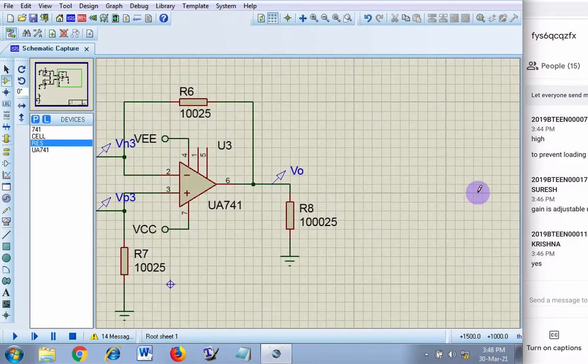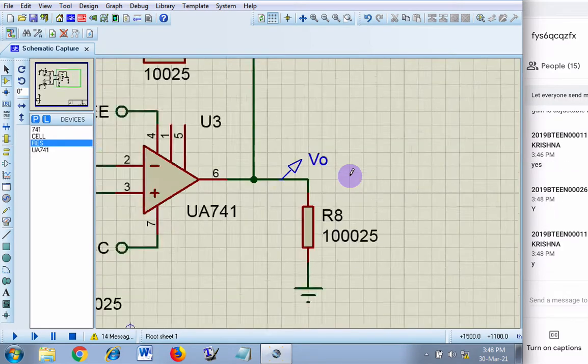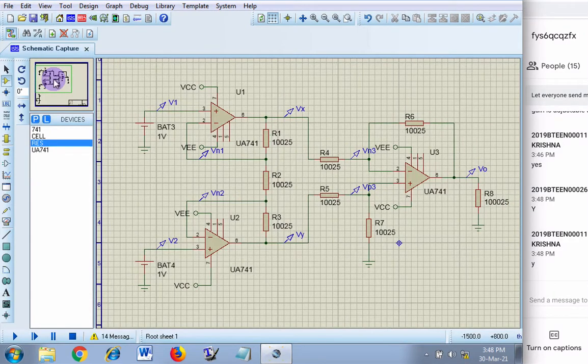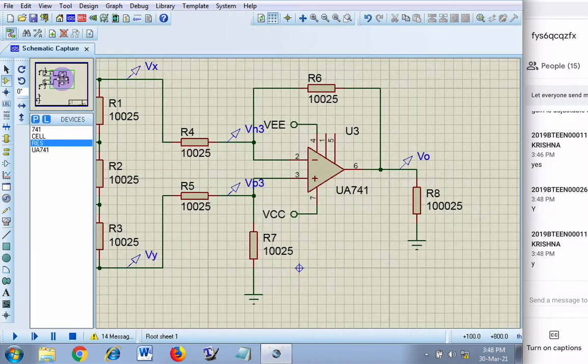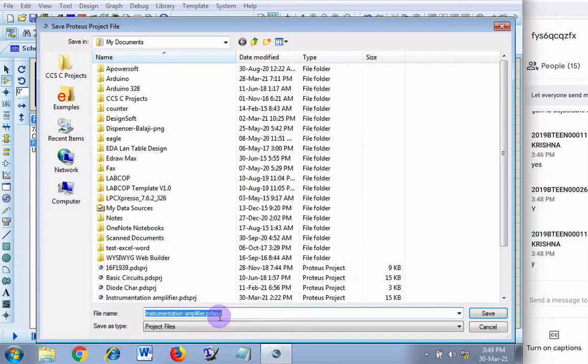Voltage probe means this, the green and blue one. Yes or no? Okay, great. We can adjust the size of the text, which you can also do. So let me show you the circuit part wise. This is a differential amplifier which I have assembled. I can remove this, but before that I'll save this so that we can immediately get it back.